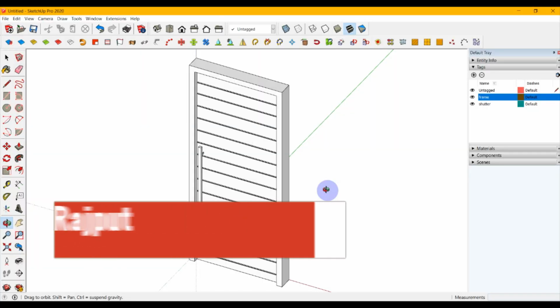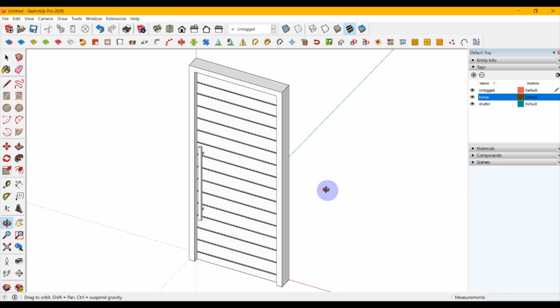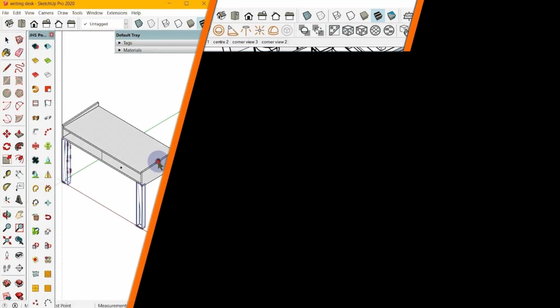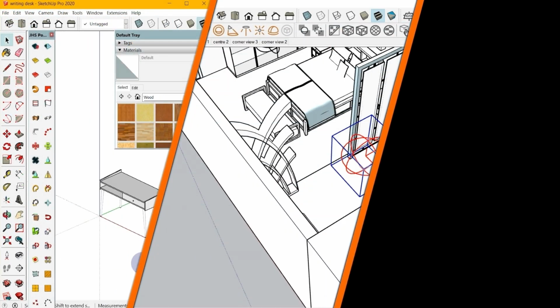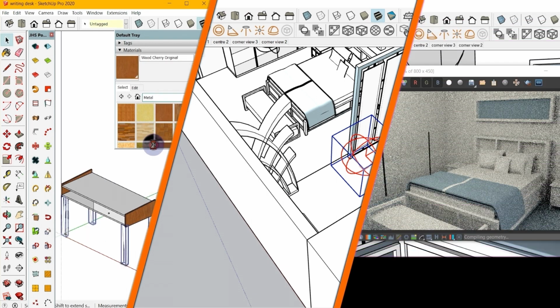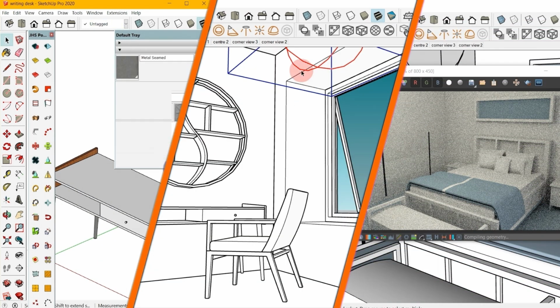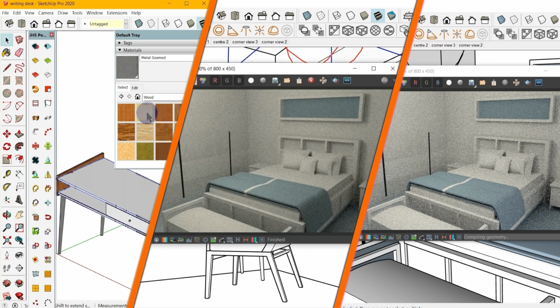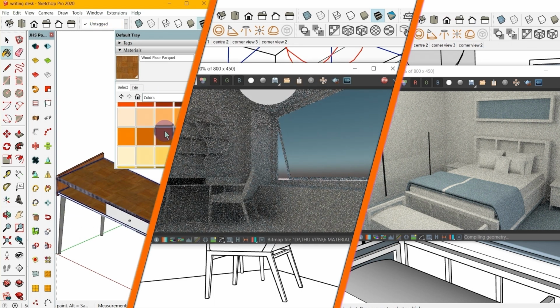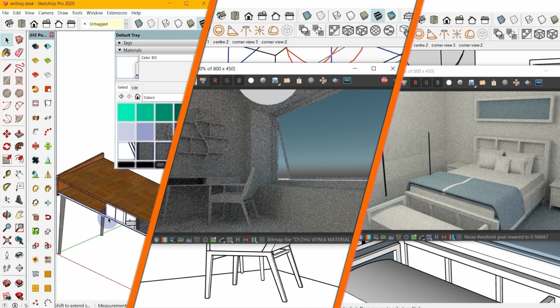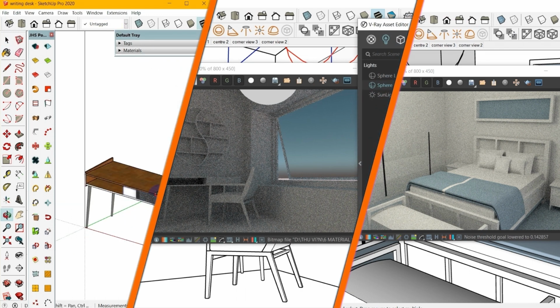I am Shelly. Today I am going to show you how you can create a door design in SketchUp. In this video series, you will find other videos where you can learn how to model a room in 3D with all the furniture in SketchUp, and also how to use the V-Ray render engine to render your design. So stick till the end and find the links to other videos of this series below in the description box.